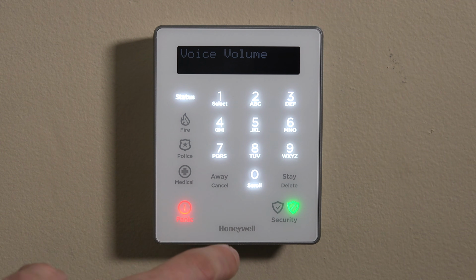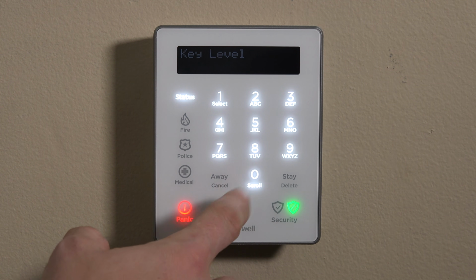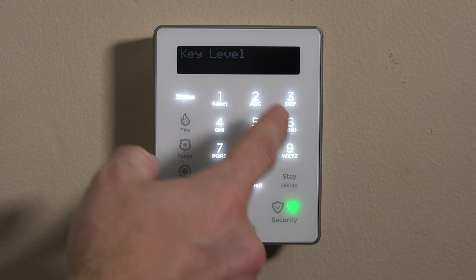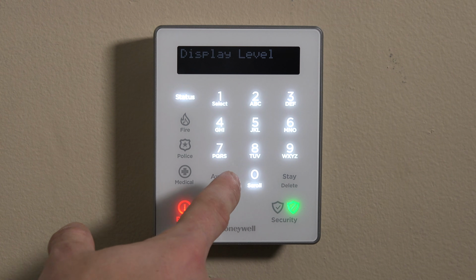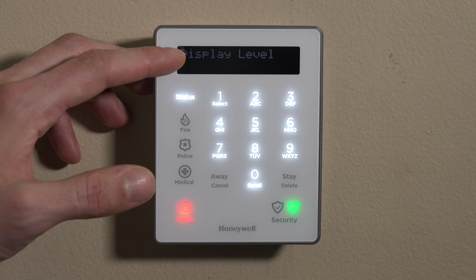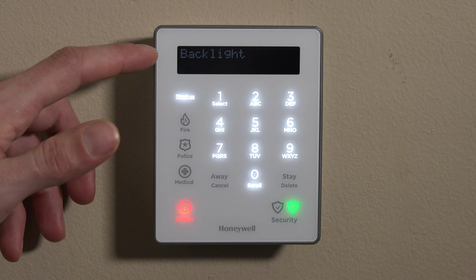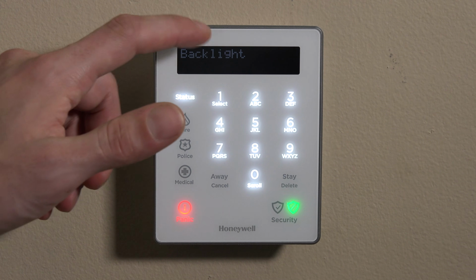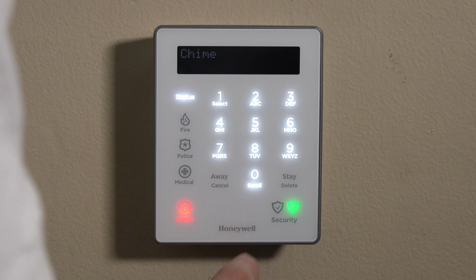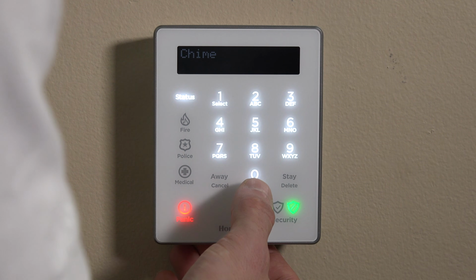You have a voice volume, that'll be the volume coming from the keypad on voice enunciations. You have a key level, which is going to be the brightness level on this keypad. A display level, which is the brightness level on the display itself up top. And then we have a backlight, whether or not the panel is backlit behind the text there, and then it goes back to Chime. So I'll show you how to change a few of these, and you can use that rule